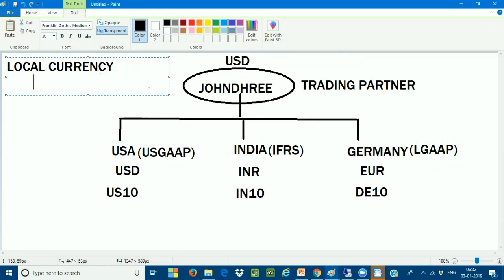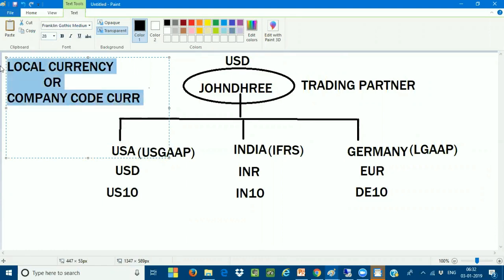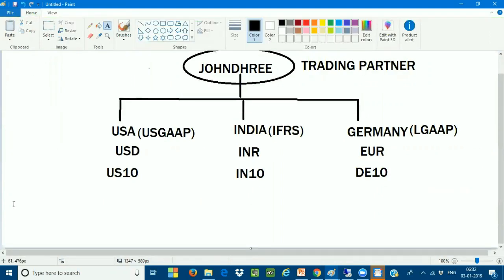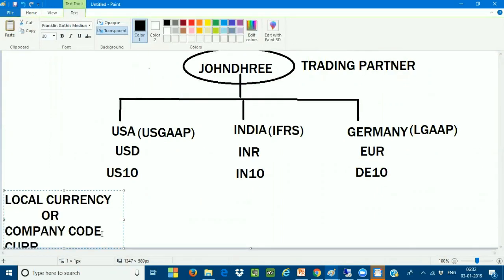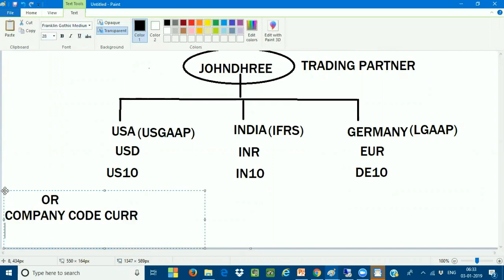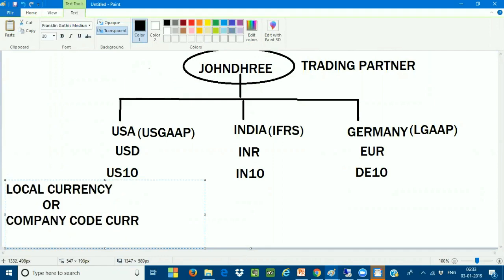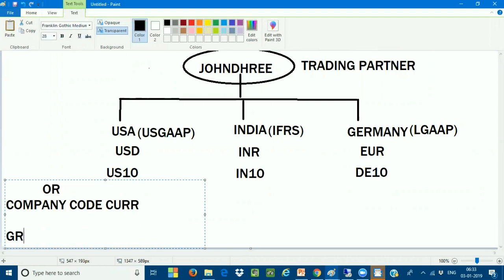So either you can call it the local currency or the company code currency. And the second one, we have one more currency, which we have just called the group currency. Okay, group currency. I'll do one thing, I just copy this and maintain it here: the local or company code currency, and the second one, the group currency.